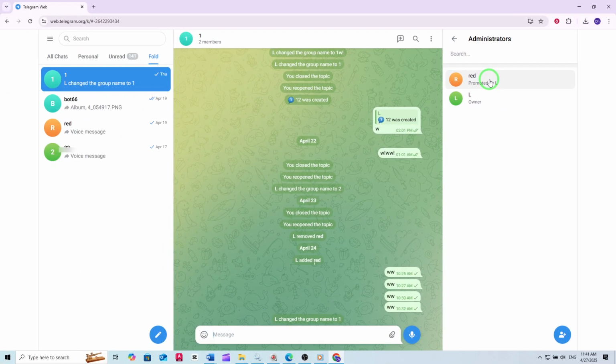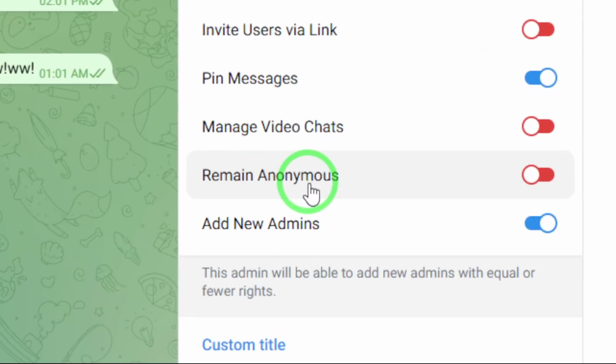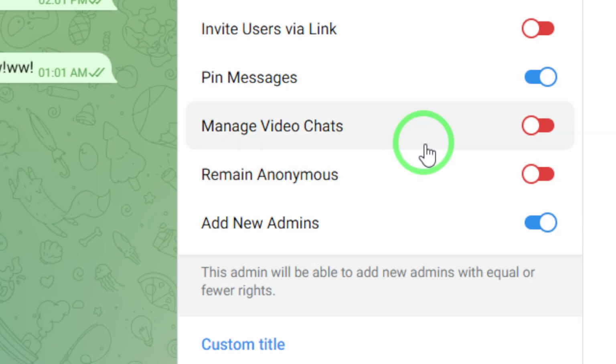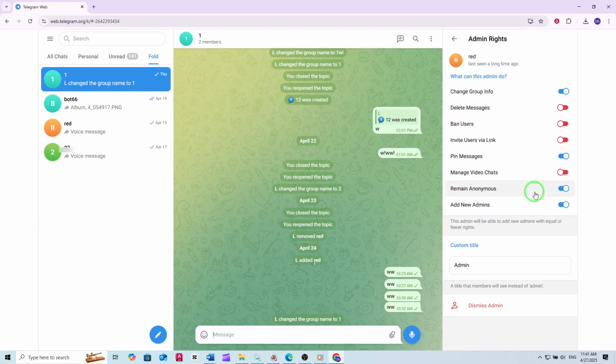Find the admin whose anonymity you want to enable, this can be yourself or another admin, and click on their name. You'll now see a list of permissions and options for that admin. Scroll down until you see the option called Remain Anonymous. Toggle this switch on. Once enabled, this setting ensures that any messages the admin sends will appear under the group